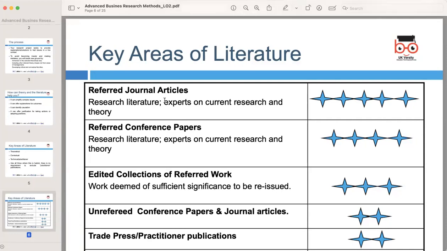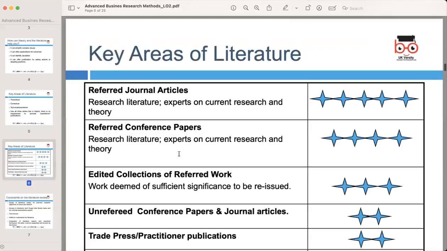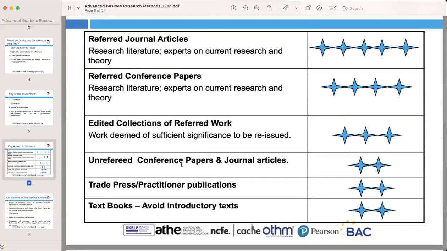Refereed conference papers are presented at academic conferences and subsequently published in conference proceedings. Edited collections of refereed work deemed of sufficient significance to be reissued, then unrefereed conference papers and journal articles,